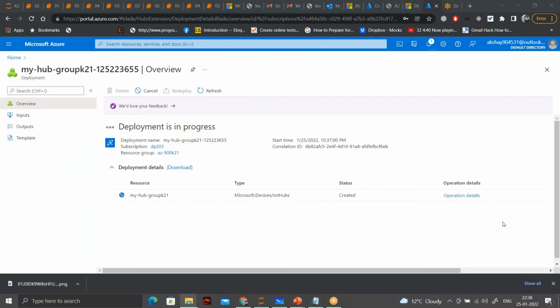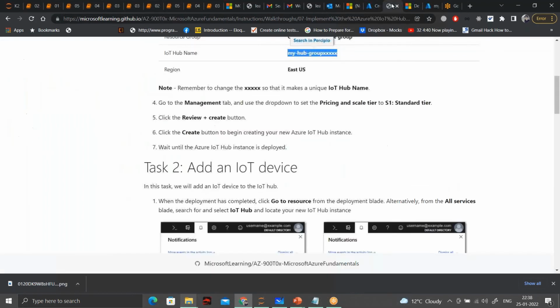But I will show you a simulator which Azure has created, and we'll connect that, and so you can go through that code. I've never coded in Raspberry Pi, but I know how to connect Raspberry Pi to Azure and how to collect that data, all of those things. So let this create. Meanwhile, let me show you the simulator that they have.